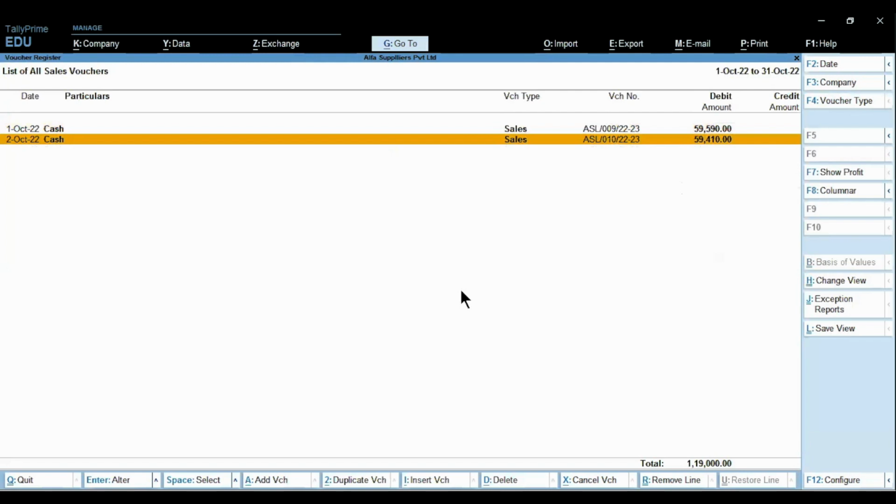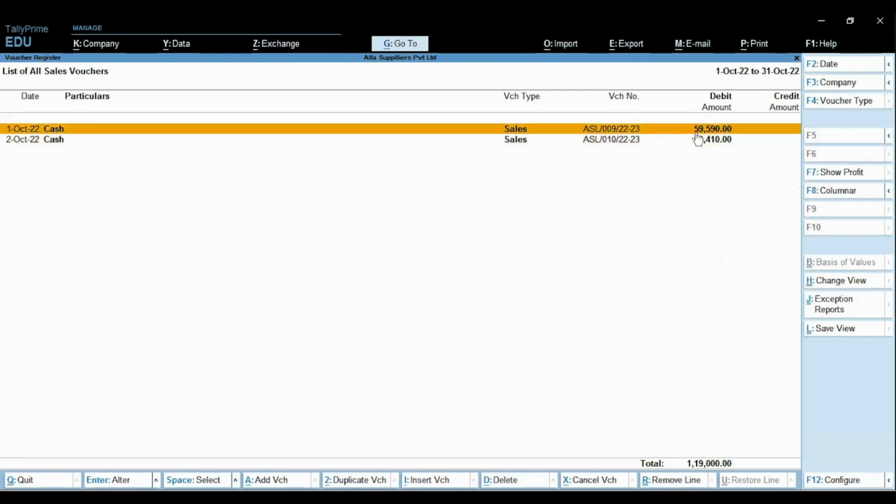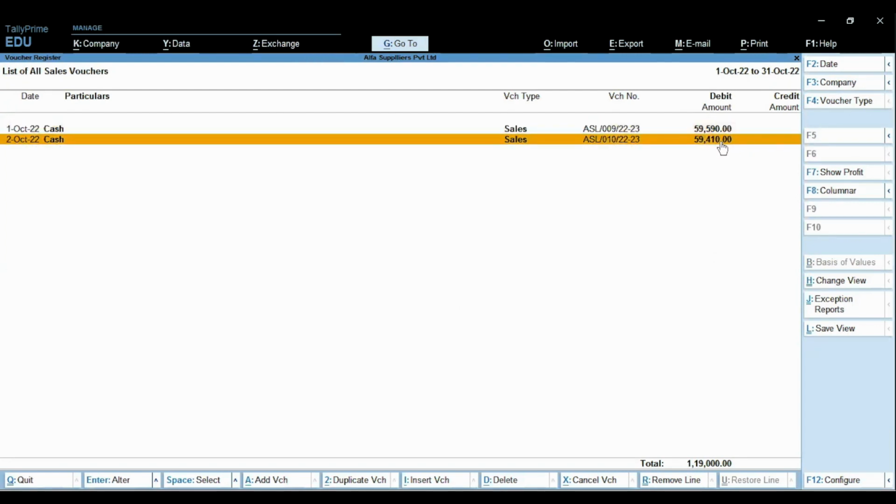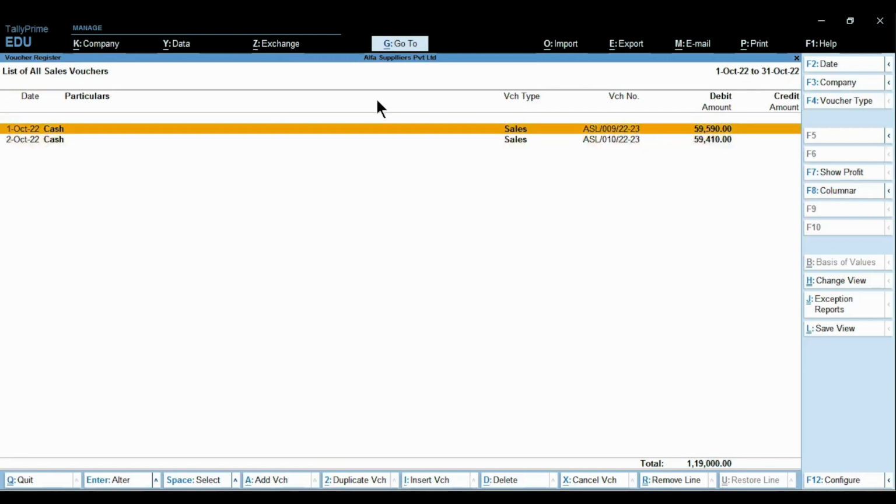On 2nd October also we sold one computer with freight charges 500 and GST. But see the difference between both the amounts. If you check, the amount of this invoice is 59,590, and in this, 59,410 means the balancing figure is our donation part. So if you open this entry,